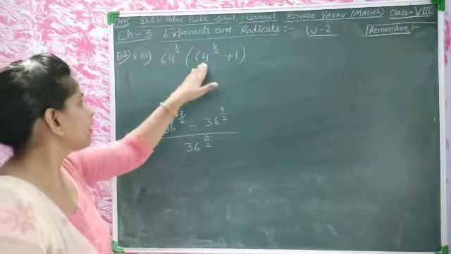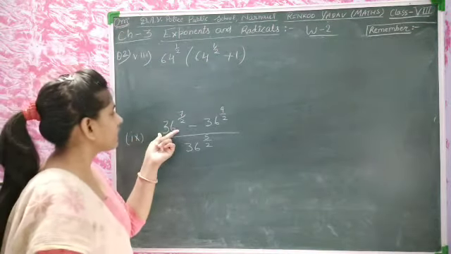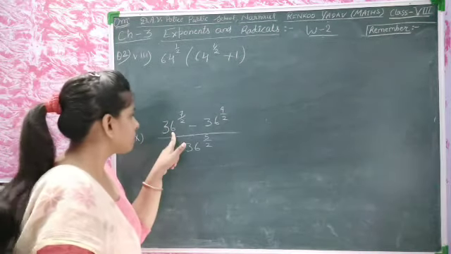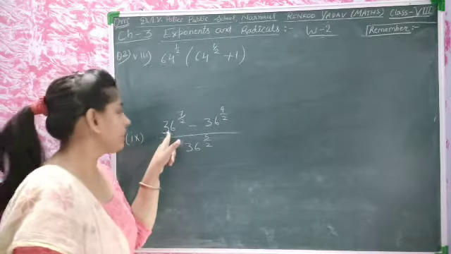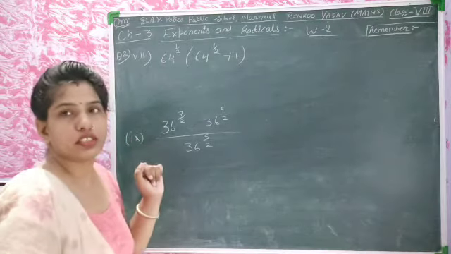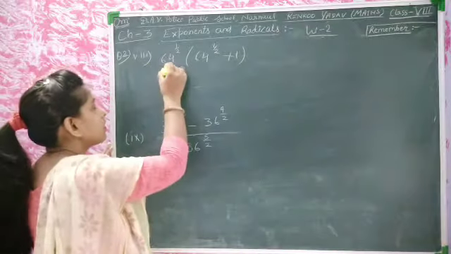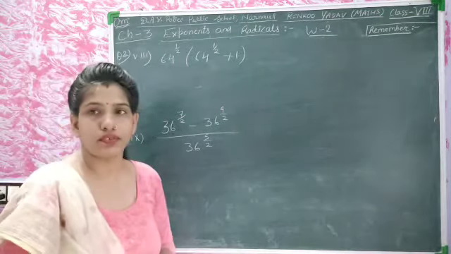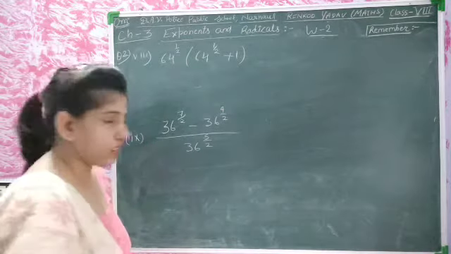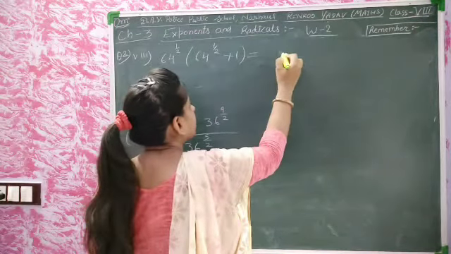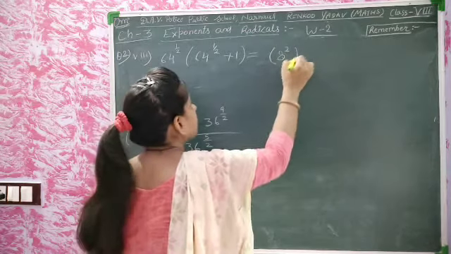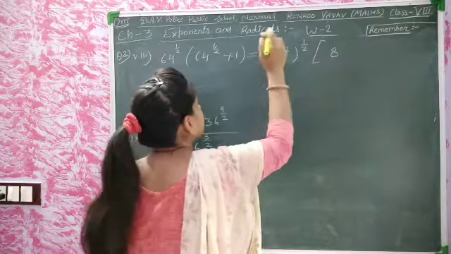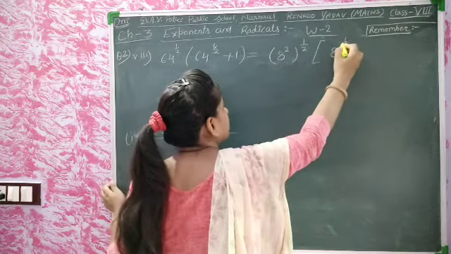Let's see. In this and in this also, 36 powers of 2. It will change to powers of 2. Whose power 2 is 36? We will solve. And same here, whose power 2 is 64? Whose square is 64? Yes, 8. We will get 8 to the power 2 is 64, and to the power 1 by 2. And there is 8, again 8, because we will change it into the powers of 2.